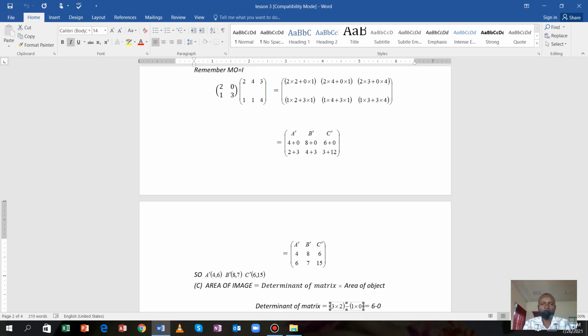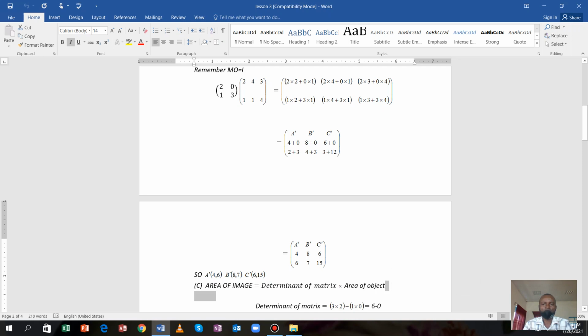Then at least you sketch the object, that's the triangle which was given to you. Sketch that one and find its area. Once you've got the area of that object and you have the determinant, remember we are using the matrix of transformation, which is 2, 0, 1, 3. So when you multiply,